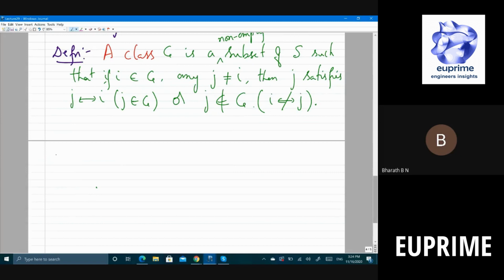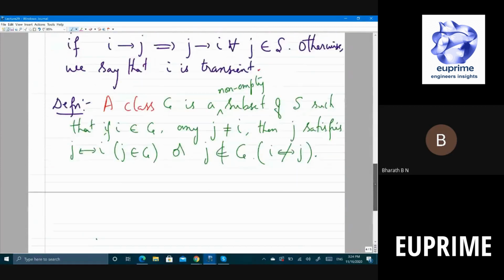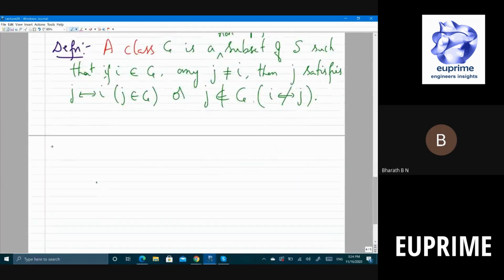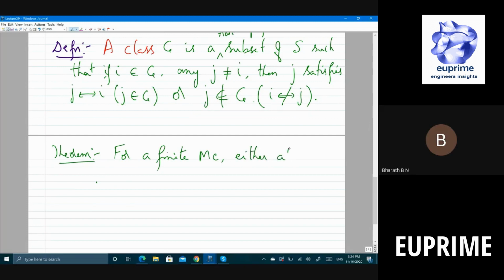Okay. So now, what does this lead to? So we have two notions now. One is the notion of class, and the other one is the notion of recurrent. So what does that imply? So this results in a theorem, or a result. So I'll state this and explain. For a finite Markov chain, either all states in a class